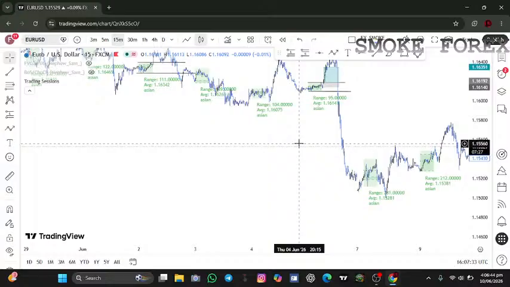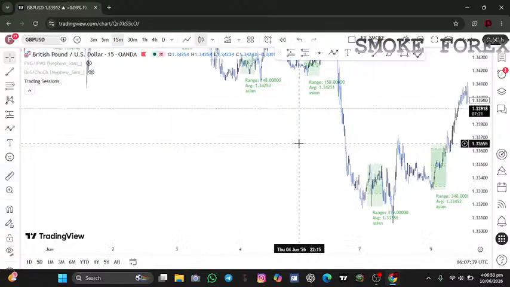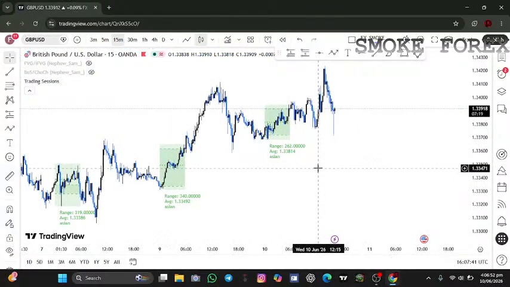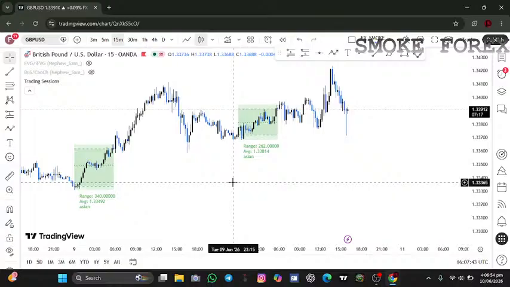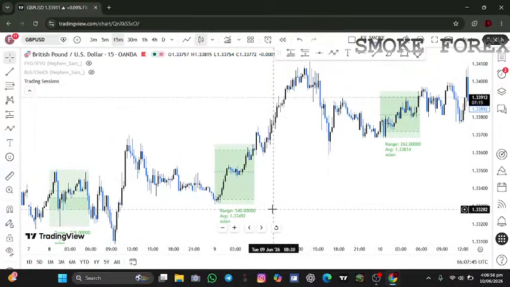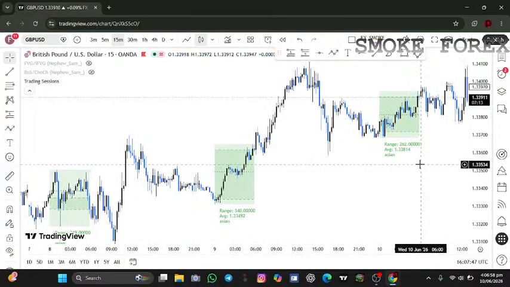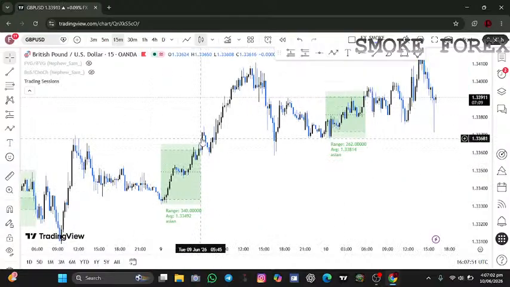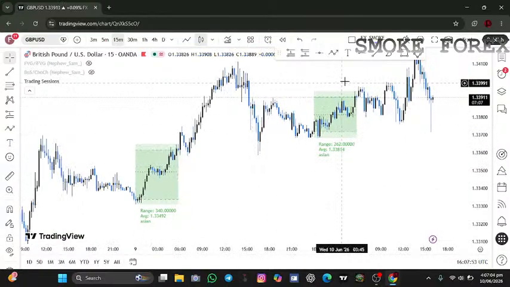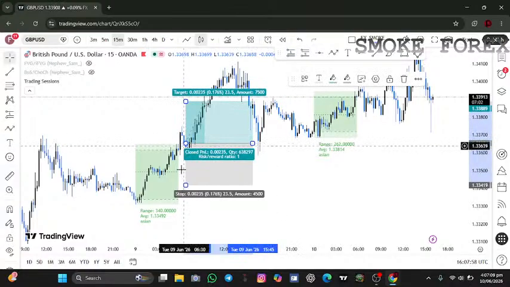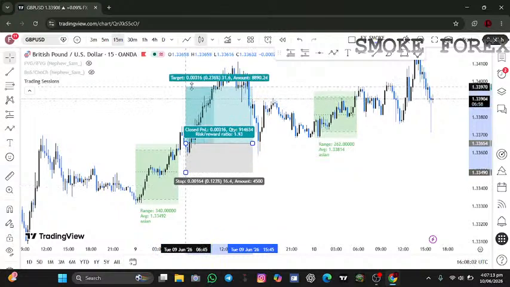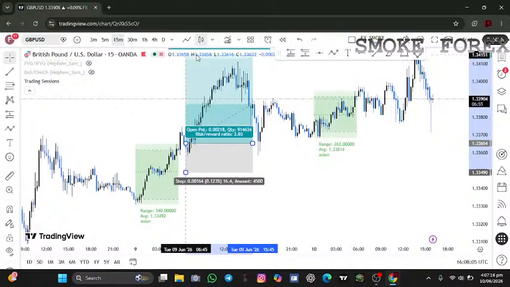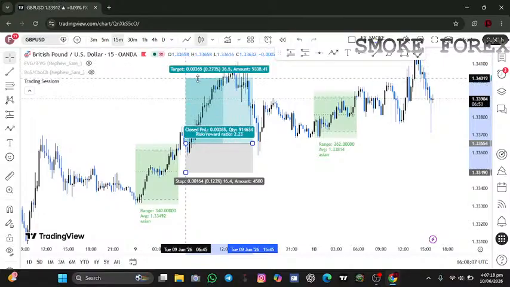So let's check on other pairs, on GBP USD. On all the pairs I have on my watch, I'm just going to check. You can see this move actually happened earlier last week, Tuesday rather. If I should have had my buy limit at the high and my stop loss over here, aiming 1:3, this trade wouldn't go by. If I should have aimed 1:2,